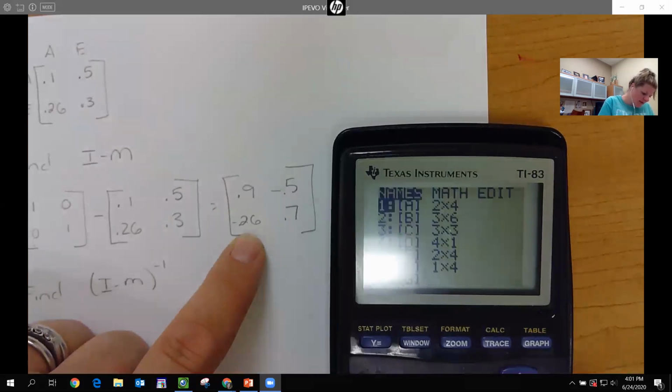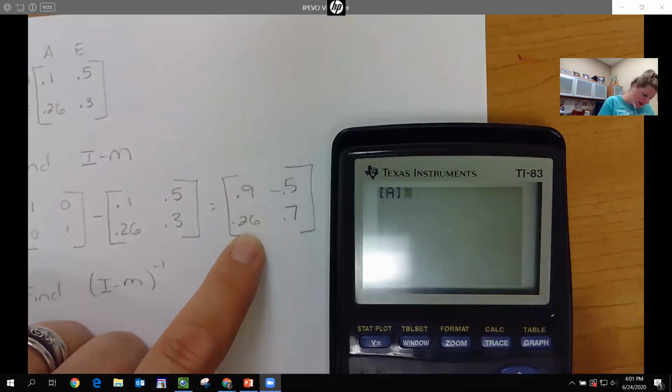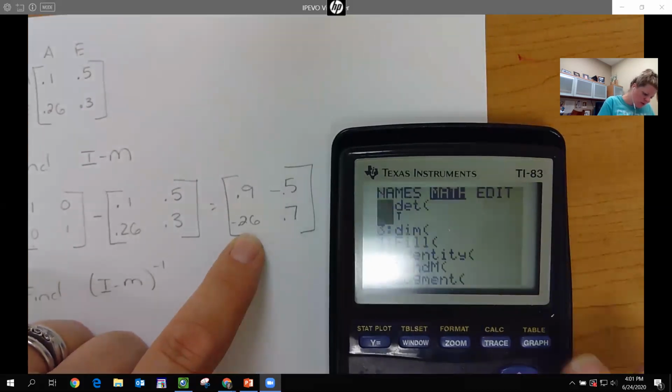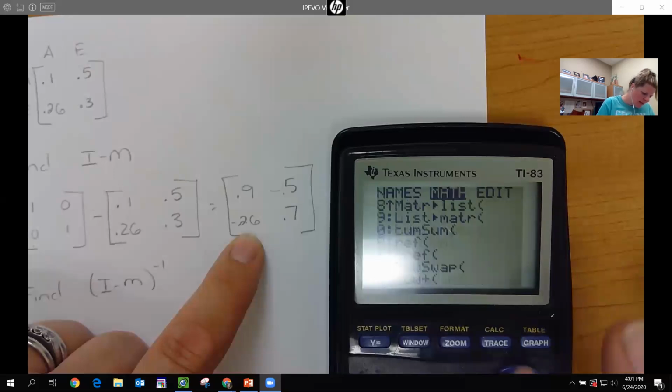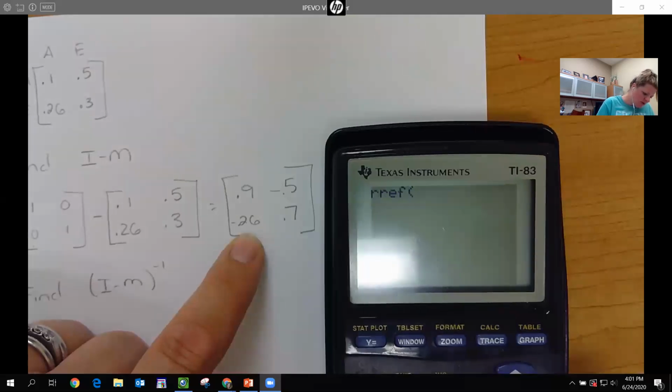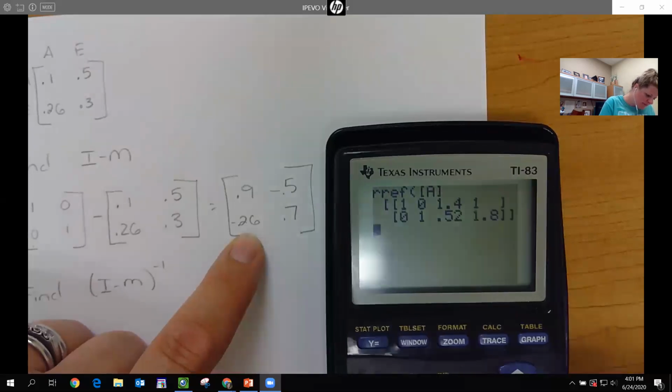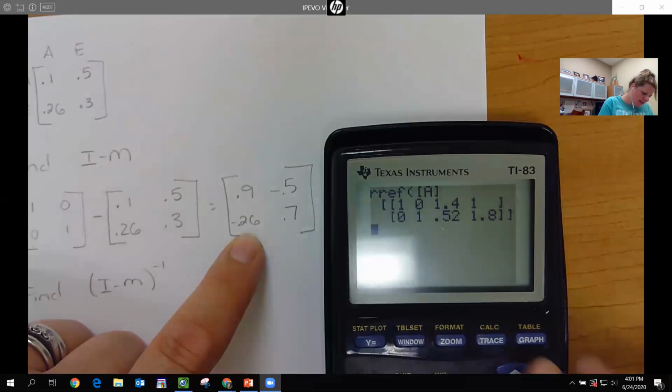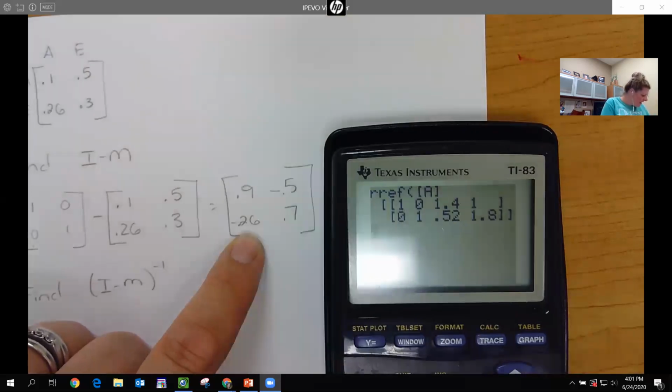Oops, I have to clear out of everything because this thing's weird. And I'm going to hit matrix, and then I need to go to math, find reduced row echelon form, and now I'm going to tell it of matrix A, and here it is. Well, I guess I can see it all. So the inverse,